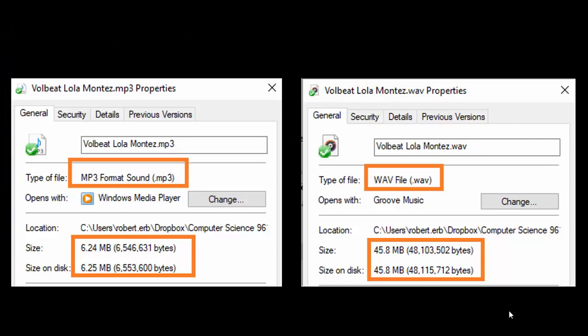So here we have two sound files, and we just got done talking about MP3s versus the original format it's in. The original format that it's in is a WAV file, which is on the right-hand side right over here. On the left-hand side, it's an MP3 file. And you can see the size difference is huge. In the original file, we have 45.8 megabytes, so almost 50 megabytes. Here, right over 6. So for this Volbeat song, Lola Montez, we can see that when we use an MP3,